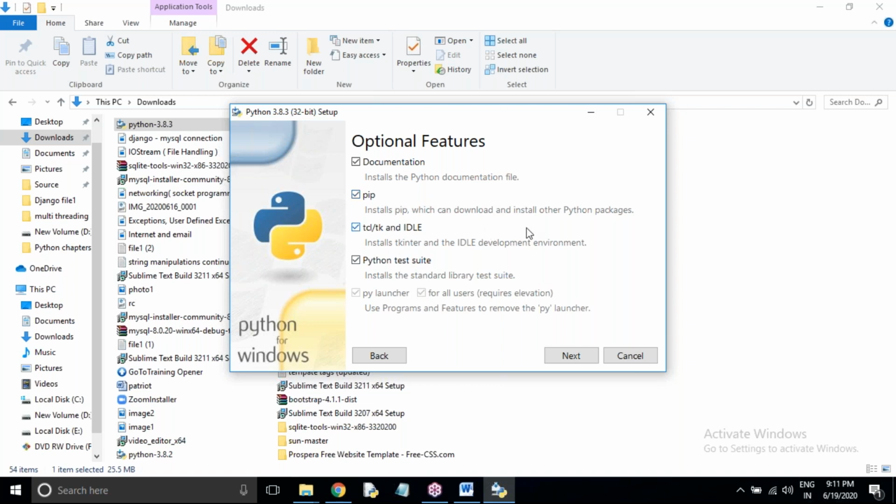It is used to search and install the packages developed by the Python Software Foundation and the Python community. In Python, a package is a collection of modules.